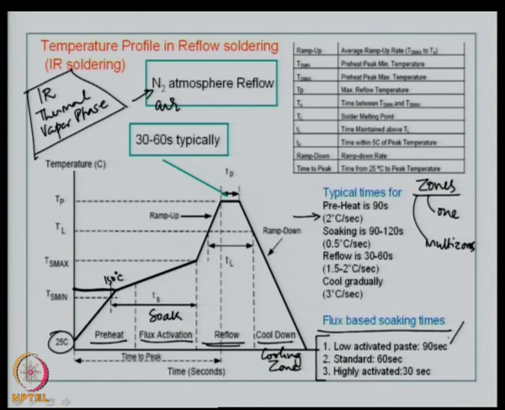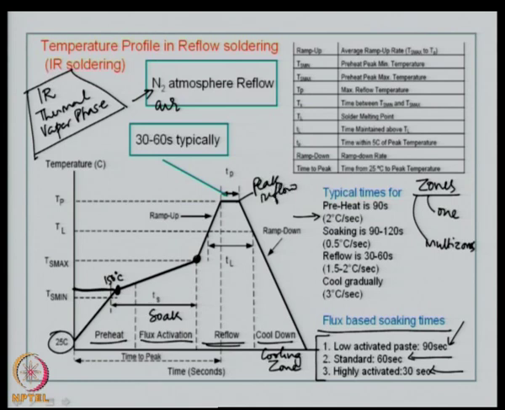The dwell time should be larger compared to a standard flux, where the dwell time is about a minute or so, and then if it is a highly activated flux, that means the flux in the solder paste is already activated, then you can reduce your soaking time. So, typically from, let us say, in this case 150 to a range where you are going to start the reflow process. Now, here this is the peak reflow,